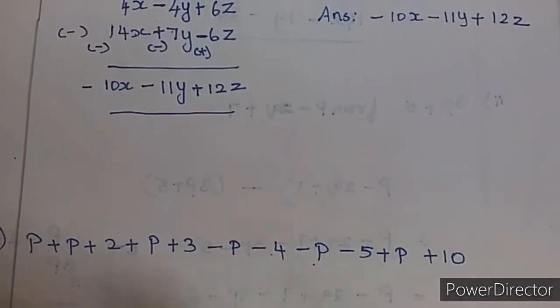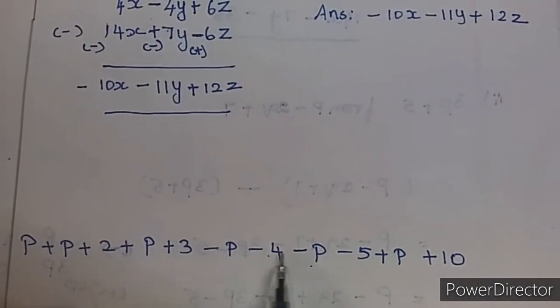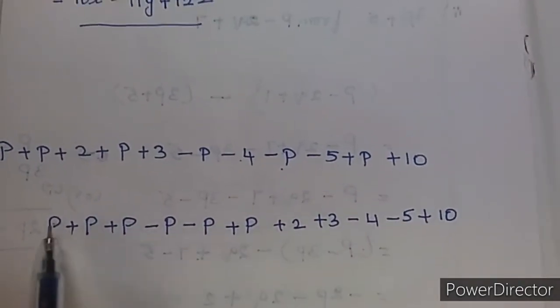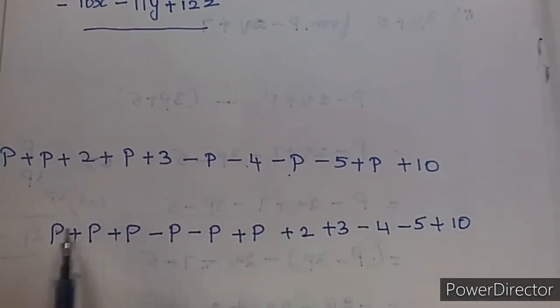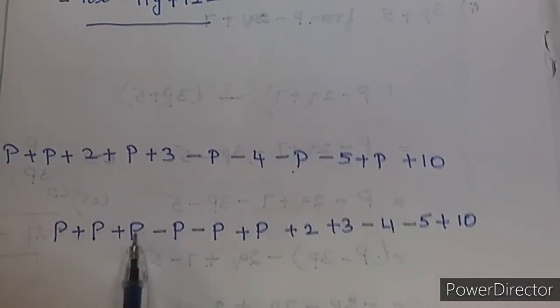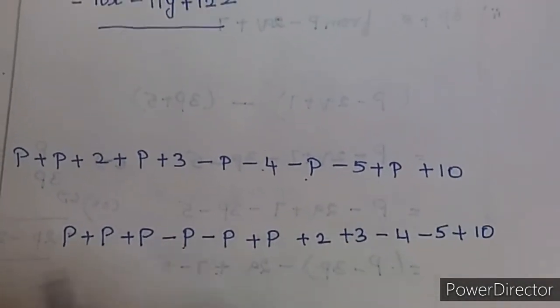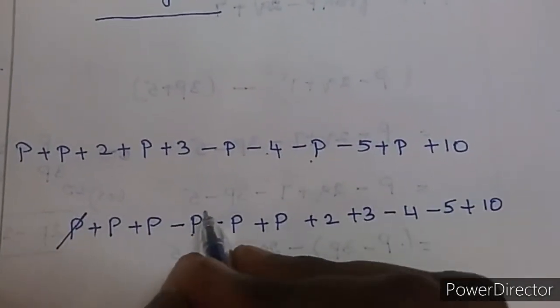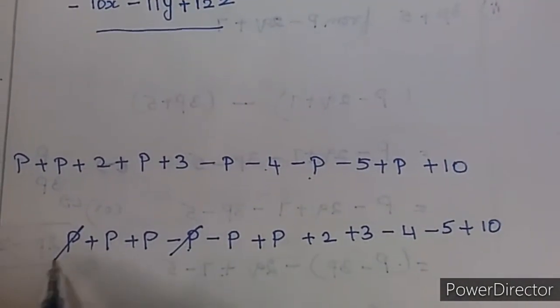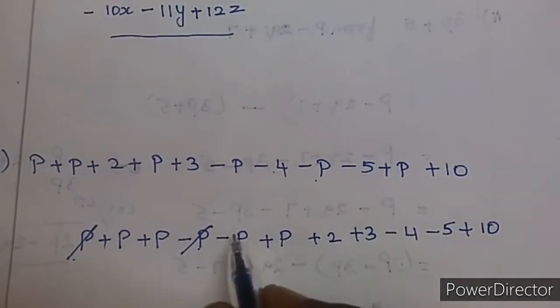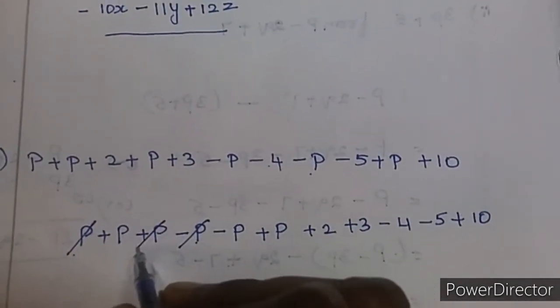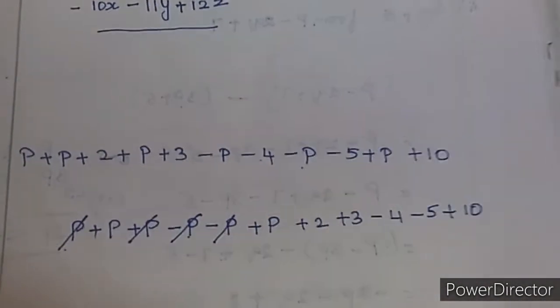So totally how many terms are there? 1, 2, 3, 4, 5, 6, 7, 8, 9, 10 and 11 terms are there. So I arrange the 11 terms here and count and see whether you wrote all the terms. Okay. Now what I told, if it is a same variable with a different sign, we can cancel so that you will get the answer as 0. Here plus p minus p. One more also we can cancel. We can simplify this. So plus p minus p we can cancel.